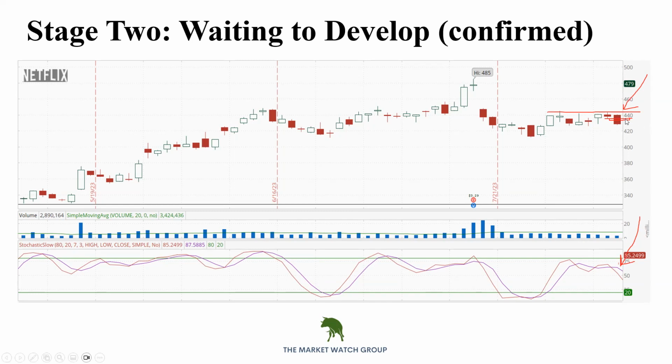Now what? Now we're waiting to see my stop. Where would my stop be? You can see that it's pretty easy for us to put our stop right here above. That's our stop. If it breaks above that, we're wrong. Get out. Maybe 1% at most. Doesn't need to be a lot.